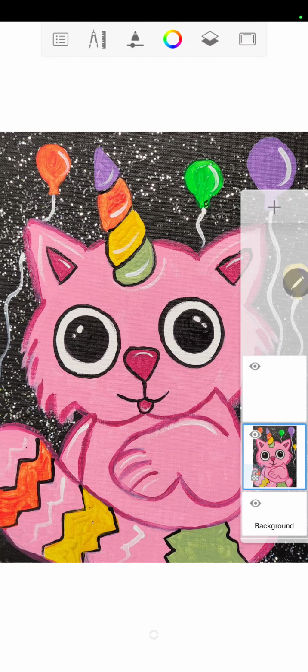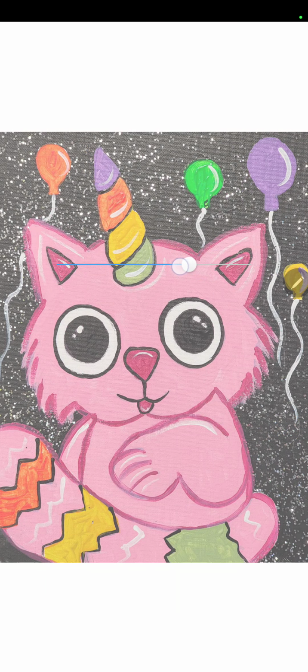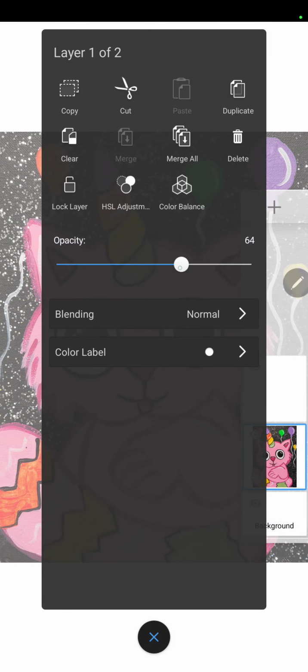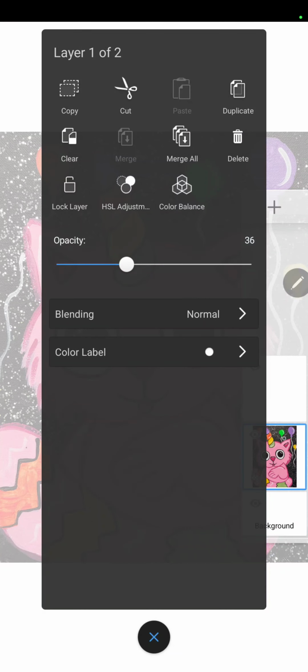If I select this one, then it becomes blue down here, but I don't want that. I want this one to be selected. I want this one to be at the bottom, the picture in the bottom. But what I also like to do is double click it and take the opacity, however you pronounce that. I want to take it a little low so I can see my line as I'm drawing, right? I still want to be able to see the